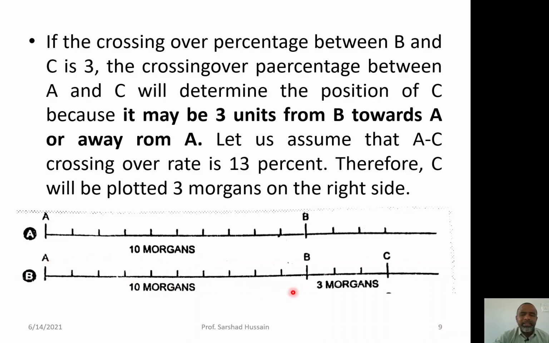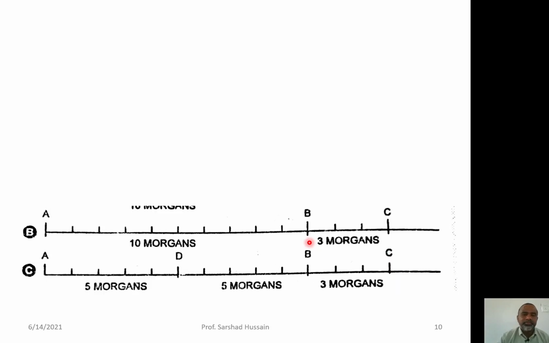Between A and C, the percent of crossing over is 13%. So, it means C is located away from B on the right side, having more distance than A, though the 3% crossing over between B and C can also be depicted by placing C over there. But since between A and C it is 13%, if you place C over there, the rest will remain 7%, but you have to show the 13%. So, C will be placed next to B on the right side. So, this is how you are now able to place the gene on a chromosome, where it is located.